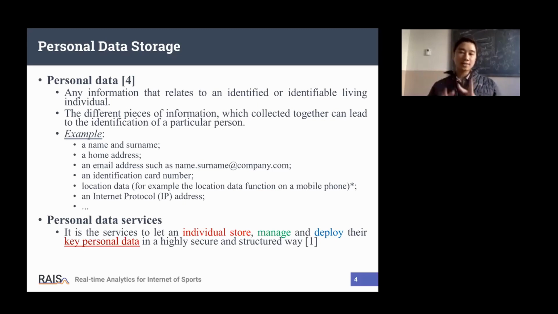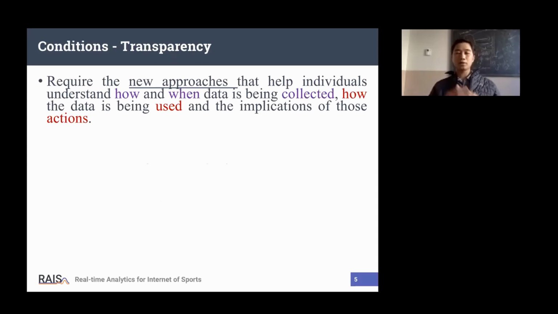So how a system can become a PDS system to support the user depends on specific characteristics, by which we can believe in the storage or not. In the next slide, I will introduce four main characteristics of personal data storage. Let's go into detail with transparency. Yes, transparency, that's easy. The user really wants more knowledge about their information.